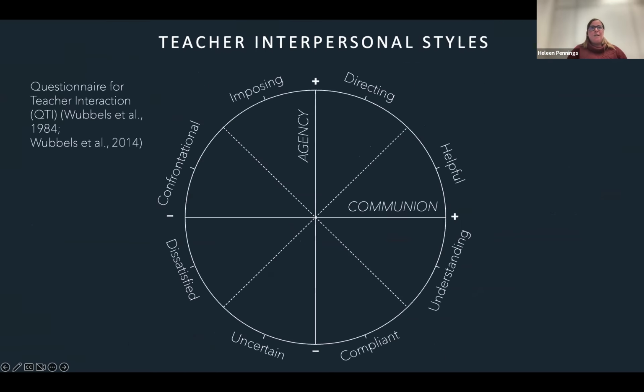So to describe interpersonal styles, we have a questionnaire, which is called the questionnaire for teacher interaction. And we always ask students to answer this questionnaire for the teacher. Then based on the answers of all the students in one classroom, we can identify the location of the style of a teacher that the students perceive.